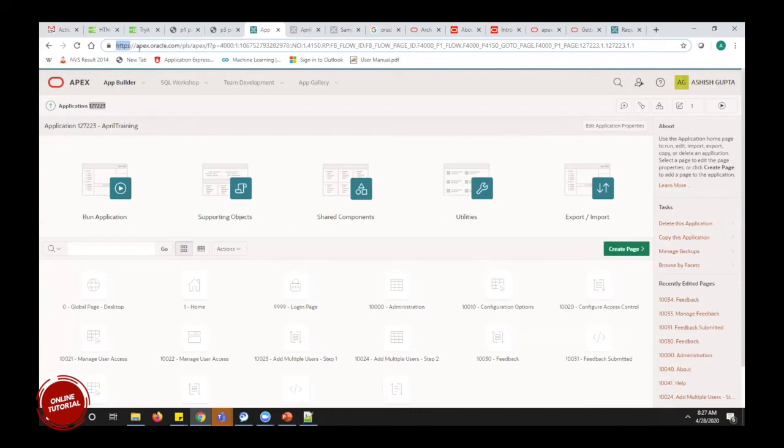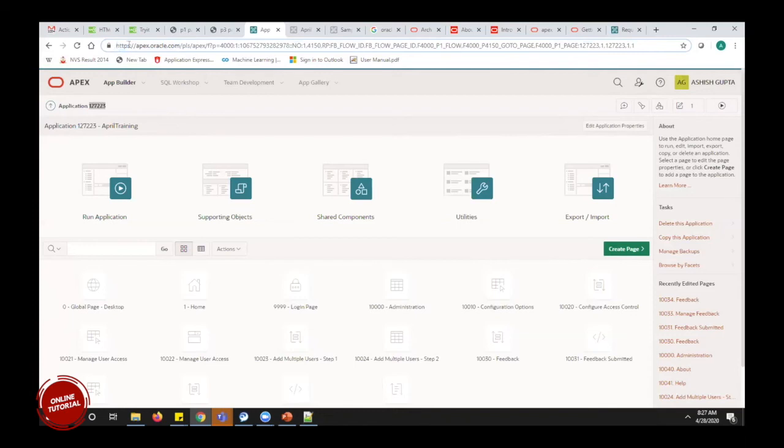Are there any templates that we can modify for that? You're talking about the HTTP and HTTPS. Yes, when you install Oracle Apex, by default that would be HTTP.